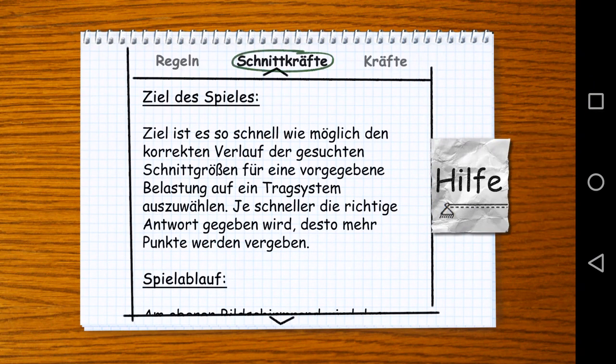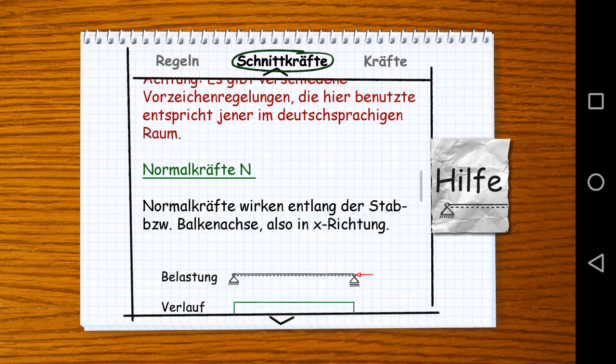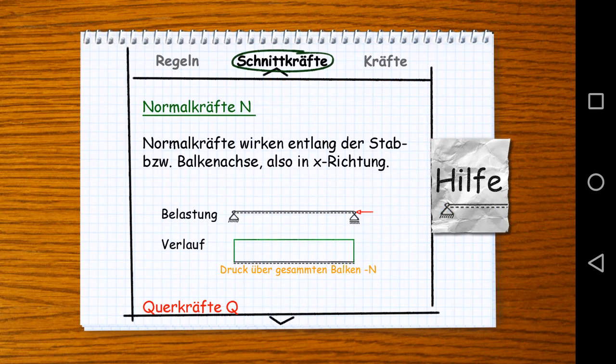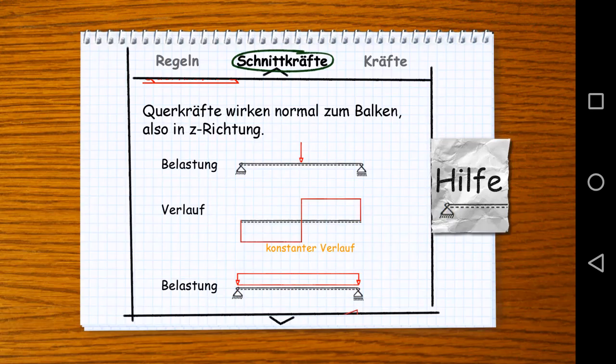Last time we already introduced the different internal forces that we have. That means normal forces, which basically tell us if the rod or the beam is under compression or tension. For shear forces, we explained that we're going to use a little trick here. We're going to look at the beam from the right side to the left, okay? And each time that we have a single force, we're just going to input a jump in the shear force